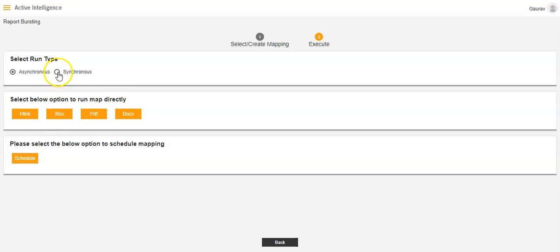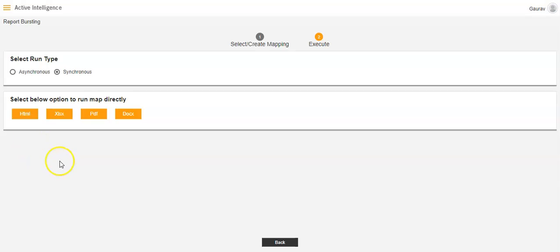But with the synchronous scenario, you will not see this schedule option, which means that the reports will be downloaded in your machine, in your download folder, and it will already have the frequency scheduled. So in the synchronous condition, you will not have the right to set the schedule frequency yourself, since the schedule frequency will already be set.